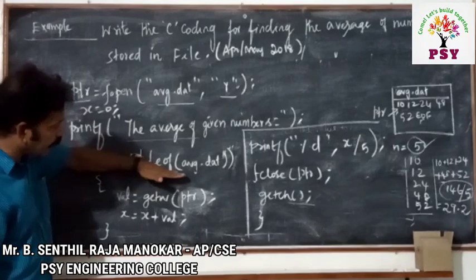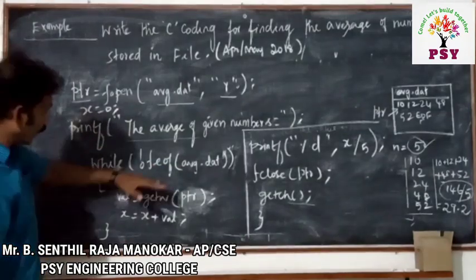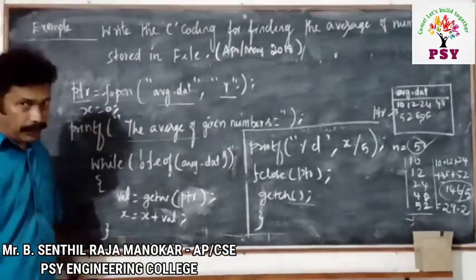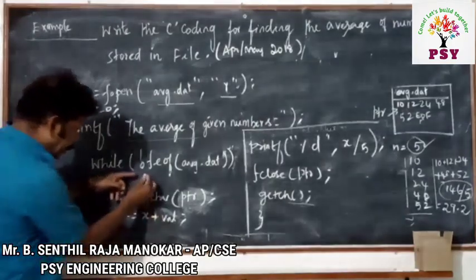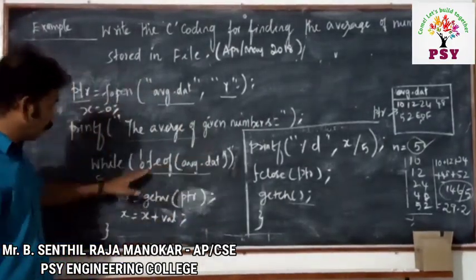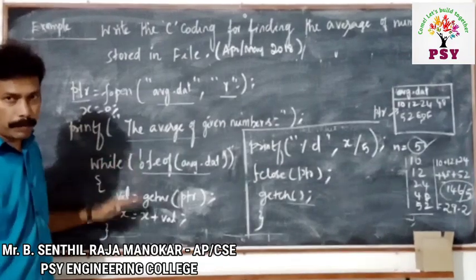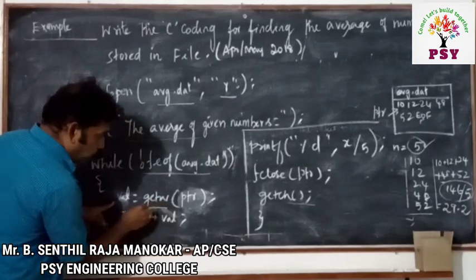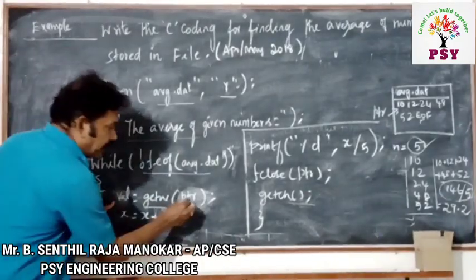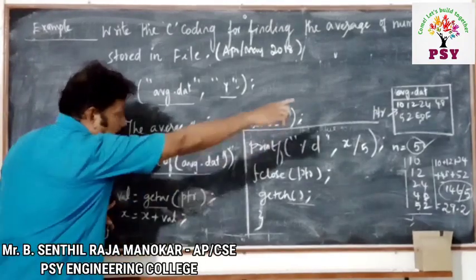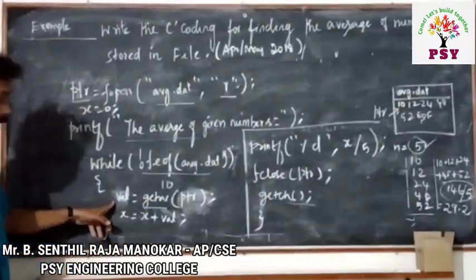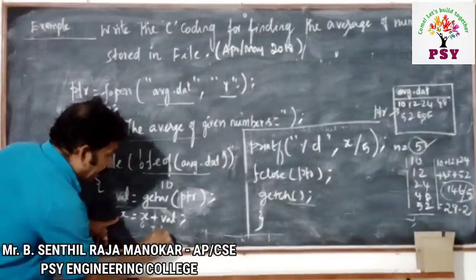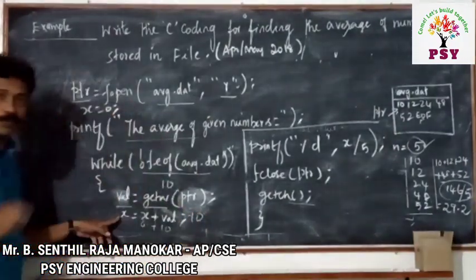See, if you have any doubt over here, we may change the other statement also. Okay, so I'll come to that later for your understanding. But the thing is, until end of file, it will run. That's the most important point. You must know it. After that, it will get the value through getw, which has the pointer. So 10 will be there first. That will be stored in val. Then previously x is equal to 0, so 0 plus 10. What is the value now? This value will be 10.